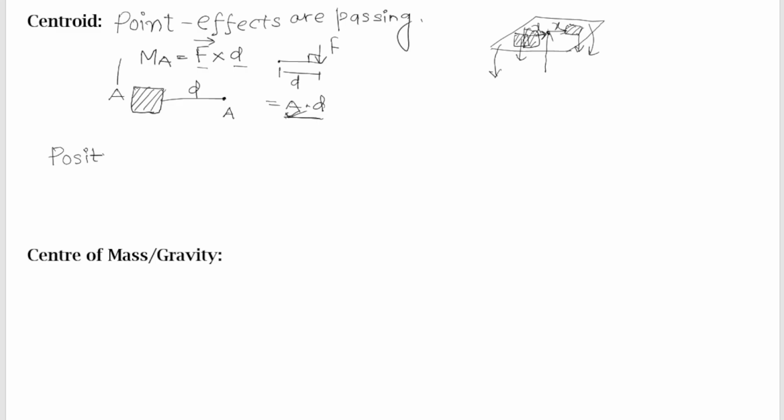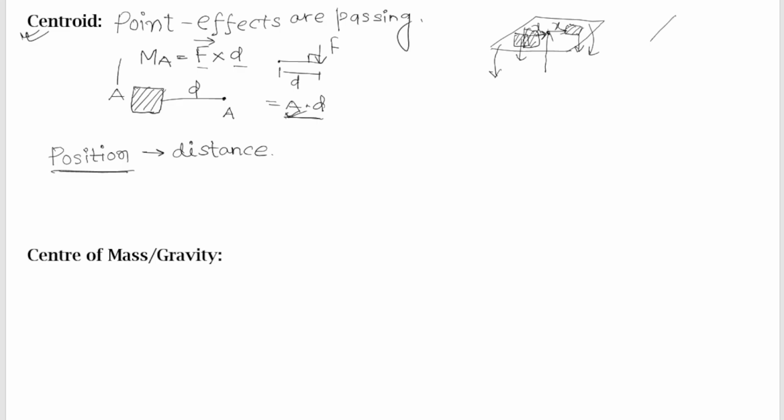A centroid is actually a position. It means we are trying to find the distance of that particular point. Okay. So when you are asked to find a centroid, remember, centroid is a point which is usually found for 2D